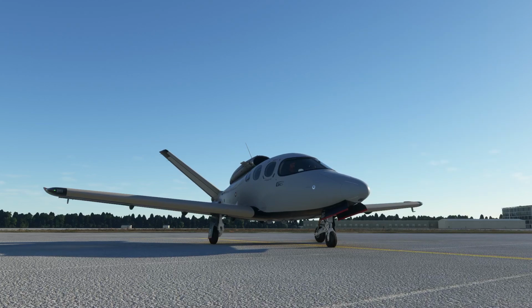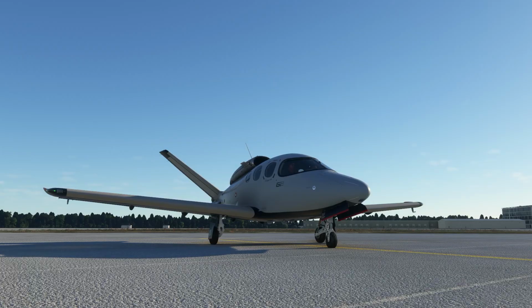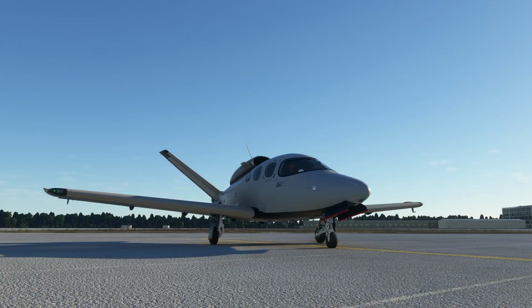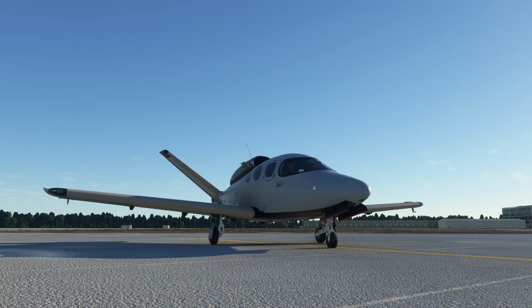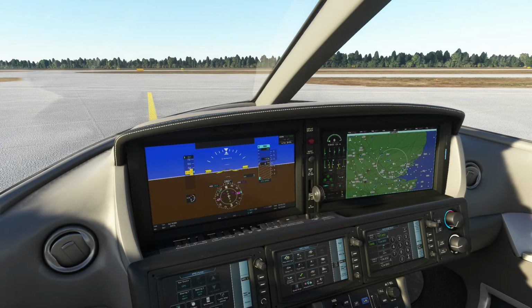Hello! So today we are going to have a look at programming a flight plan into the Vision Jet and doing a quick flight around Stansted Airport and coming in on the ILS and doing a landing. So we'll have a look at ILS approaches, we'll have a look at following waypoints with a GPS flight plan, and we'll look at VORs as well. And we'll just go for a fly basically, but